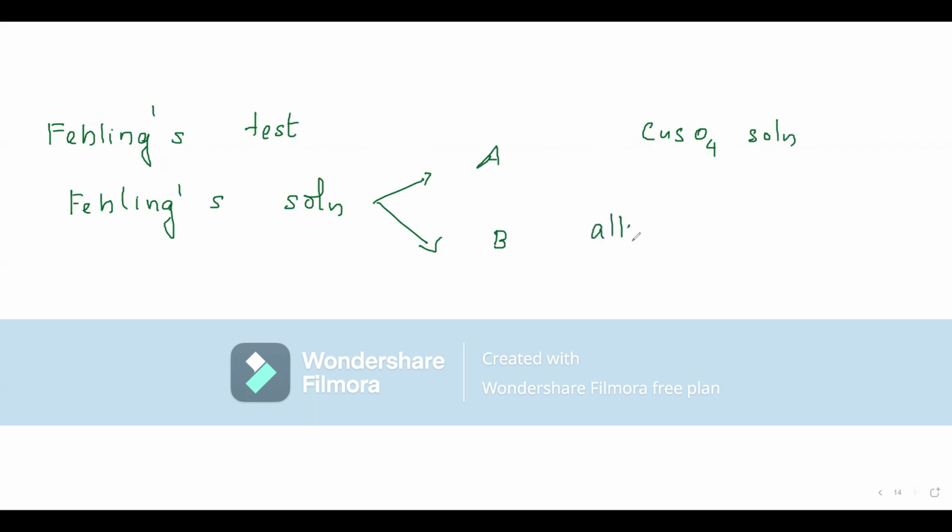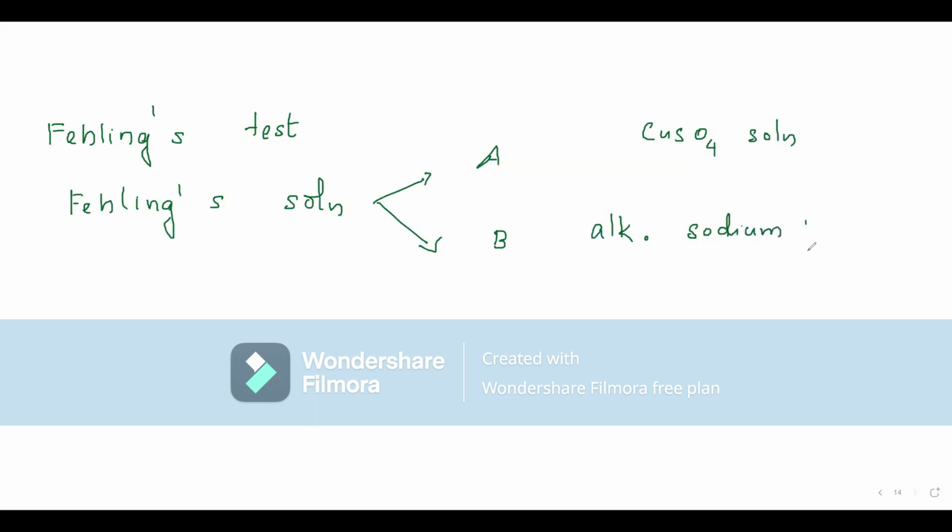Now, what is Fehling's reagent or Fehling's solution? Fehling's solution is of two types, or there are two varieties, and both need to be added. Fehling solution A is nothing but copper sulfate solution. Fehling solution B is alkaline